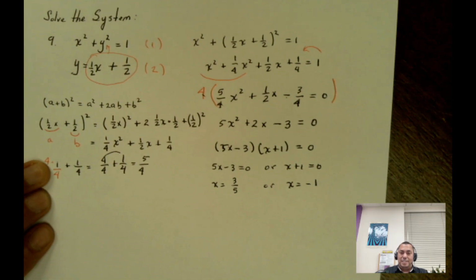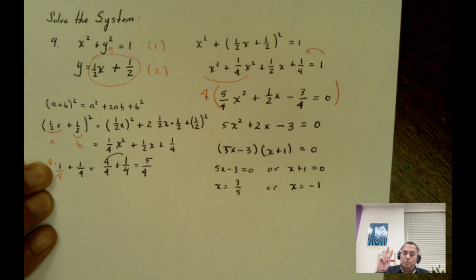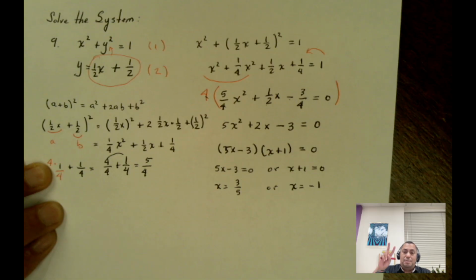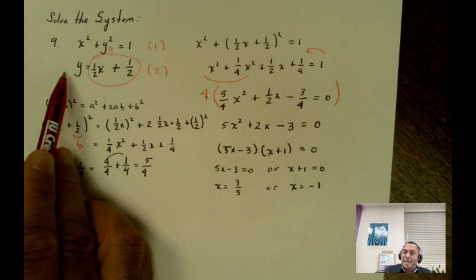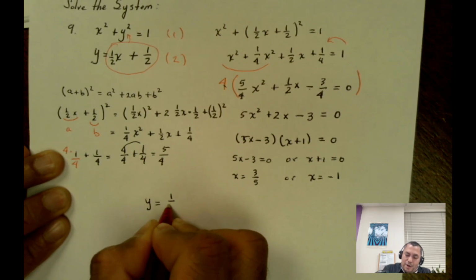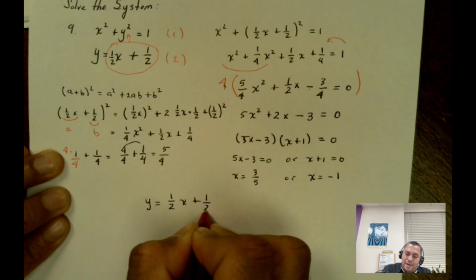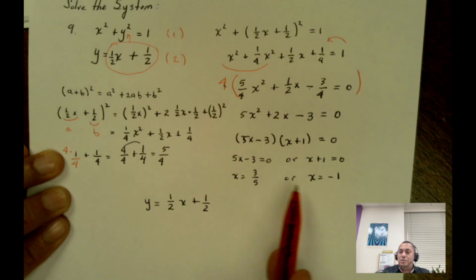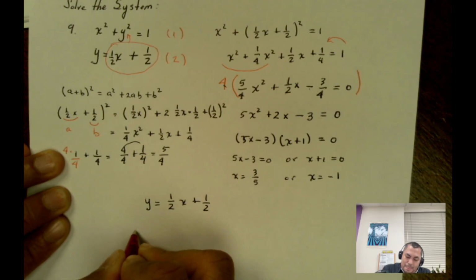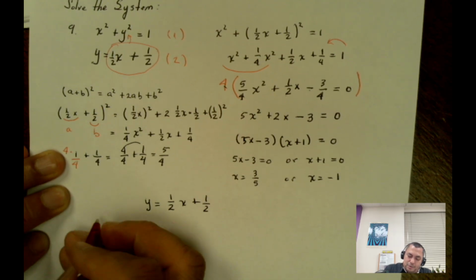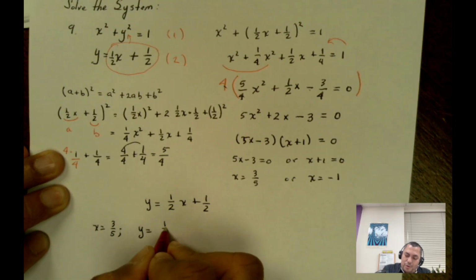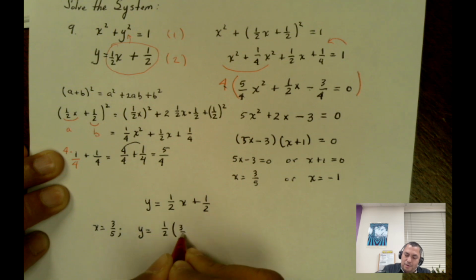Because this is a nonlinear system, I'm going to have two sets of solutions. So far what I have is the value of x, which indicates that I'm going to have two sets of solutions. So now I take equation number 2. I'm going to write it here: y equals 1/2 x plus 1/2. And I'm going to evaluate these two values in this equation. I'm going to start with 3 over 5. So I'm going to write here, x equals 3 over 5. Then y equals 1/2 times 3 over 5